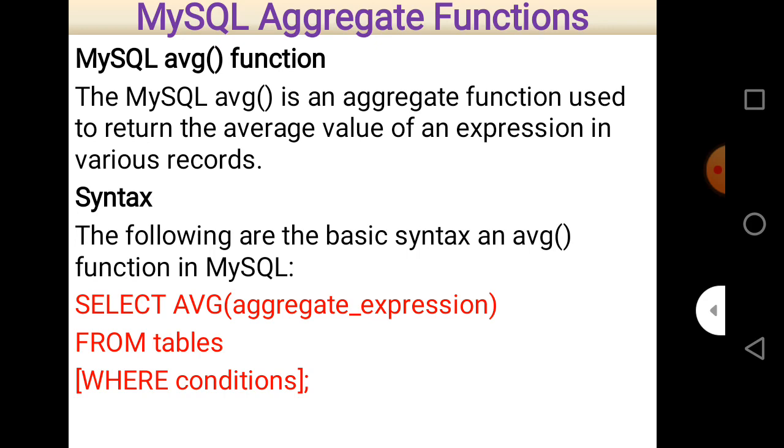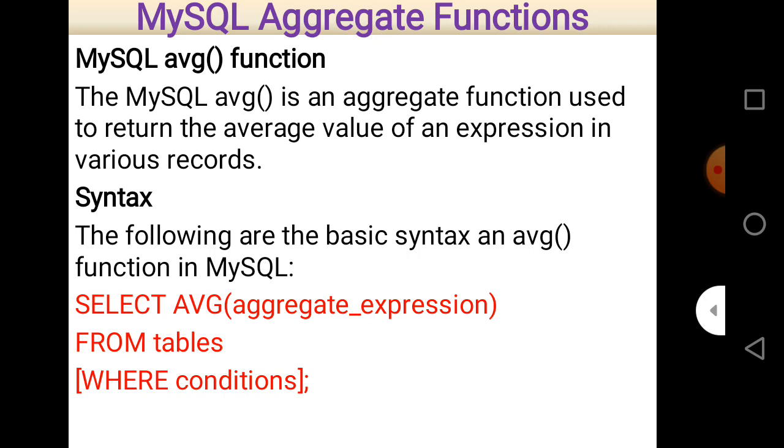MySQL average function. The MySQL average is an aggregate function used to return the average value of an expression in various records. So there are different expressions present in various records, and the average function is used to find the average of those values. And the syntax is very simple. It is always used with a select statement.